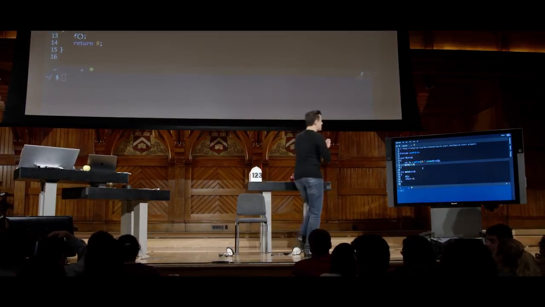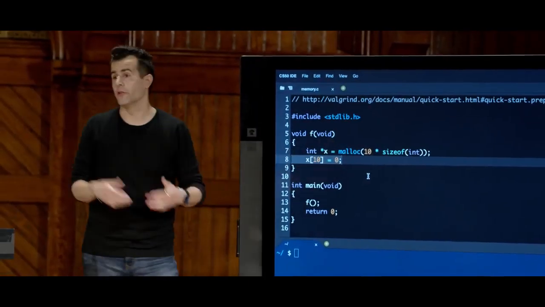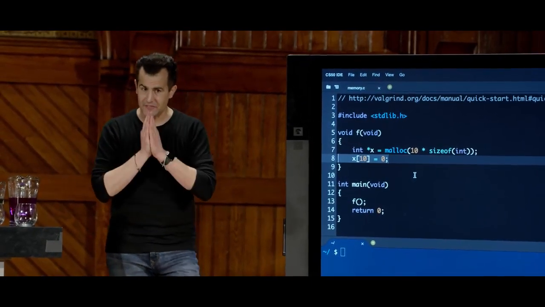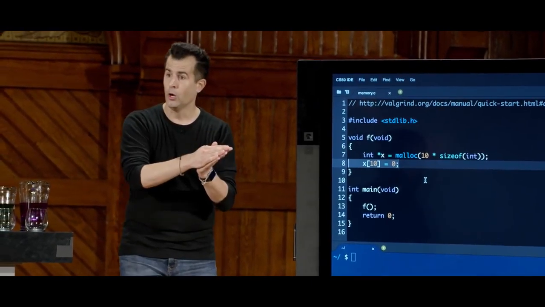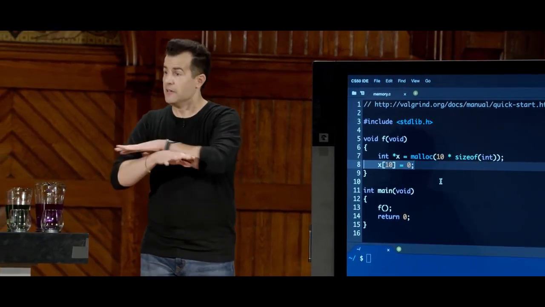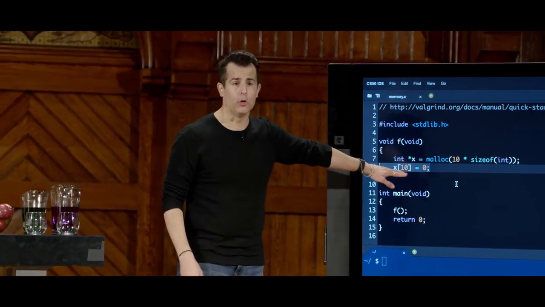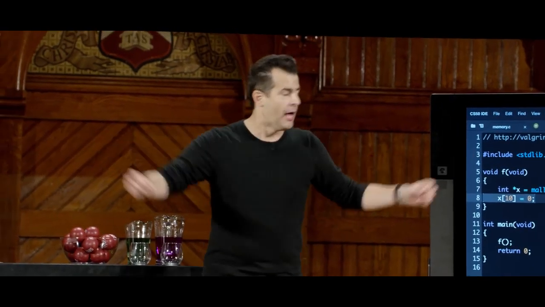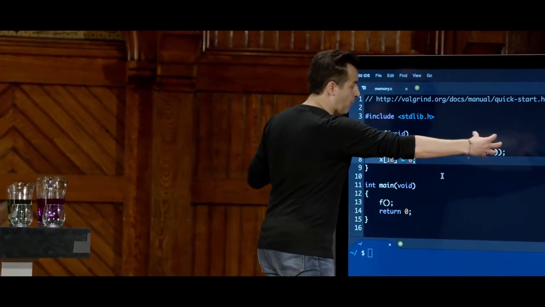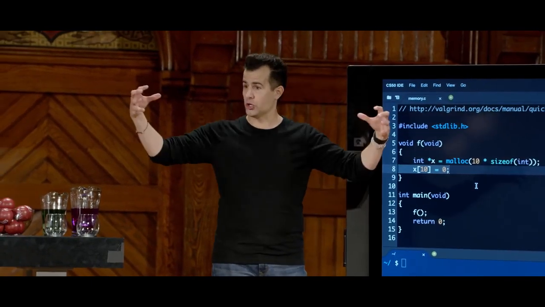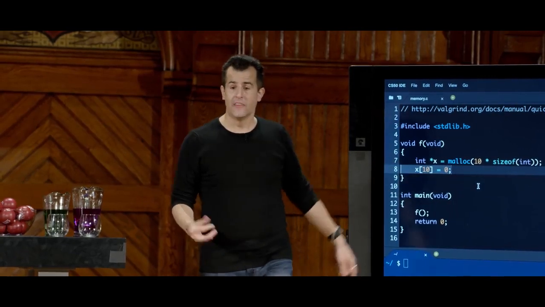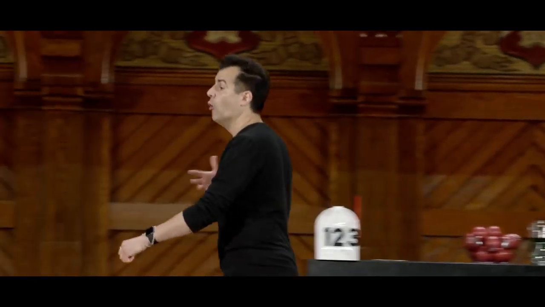Exactly. I'm doing x bracket 10 and just arbitrarily storing the number 0. Why? Just because. But 10 does not exist, right? If I have 10 ints, it's bracket 0, 1, 2, 3, 4, 5, 6, 7, 8, 9, not bracket 10. So this is an example of overflowing a buffer, so to speak. Anytime you're talking about memory, anytime you're talking about an array of memory, which this effectively is, room for 10 integers back to back to back, if you go one step too far, that's what's called a buffer overflow, whereby the buffer is the array.